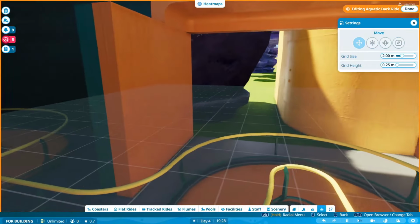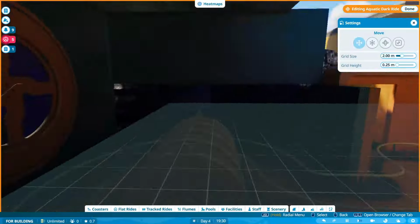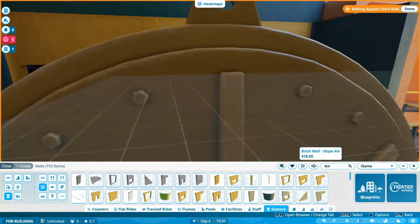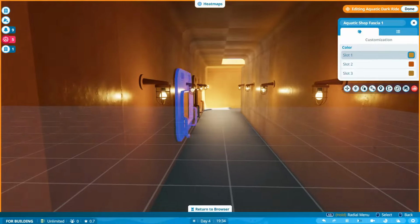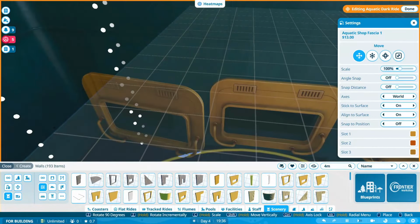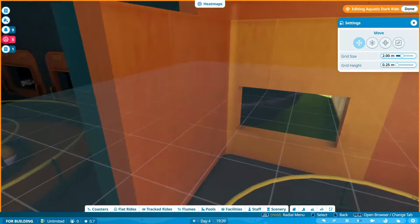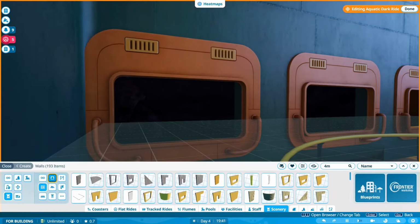So I know that these two rooms here, I don't want to say they're unfinished, but I definitely didn't want to dwell on them because I'm not good at interiors. I know that first room had things on the walls and all that, but how many rooms can you do that in and have it not be boring to look at? Do you kind of get what I mean? I didn't want to repeat myself too many times. So I added these little windows here,